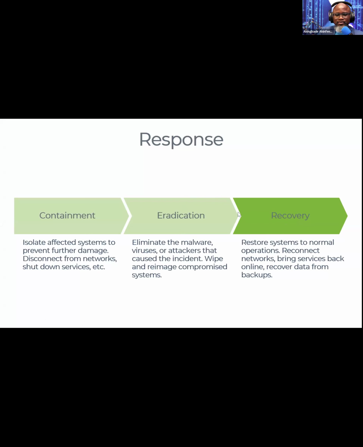All right. So we have containment, eradication, and recovery. Containment is saying isolate, to prevent further damage. Eradication, how do we eliminate the malware that we now realize is there? Then recovery, how do we recover from our obstructed operation? Now let's think about something, everybody. When you're doing recovery in incident response, always remember: